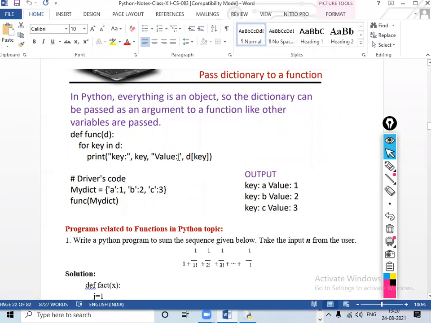Here, why is it not printing? Because the key value is defined in an array list, so that's why it's not passing it.